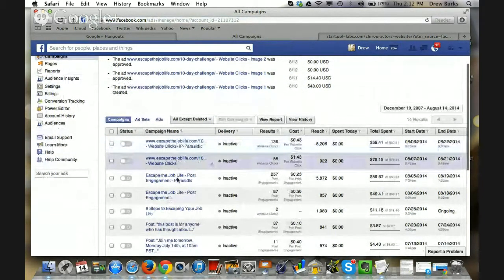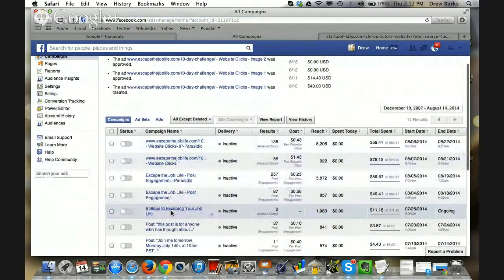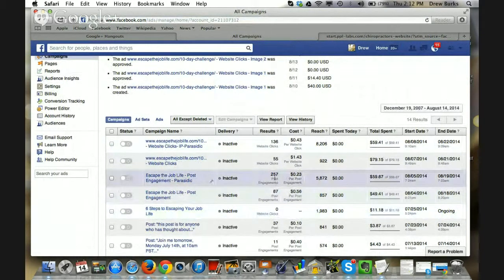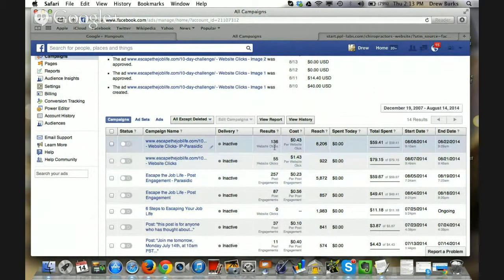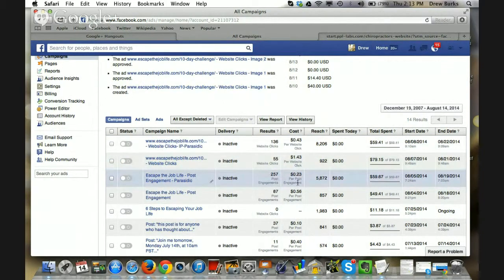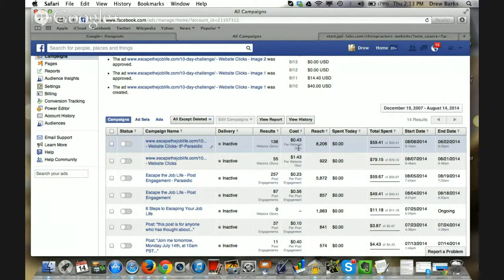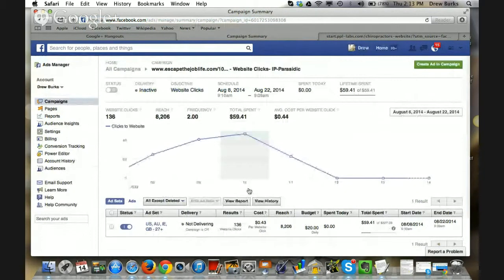And so you can see on these posts here, like 0 clicks, 87 clicks, or post engagements, 257 post engagements, 55 clicks, 136 clicks. These were my costs. So this one was the most effective, right? 43 cents per click. This one was 23 cents per engagement. So I really wanted to tell clicks. If I click on here, then